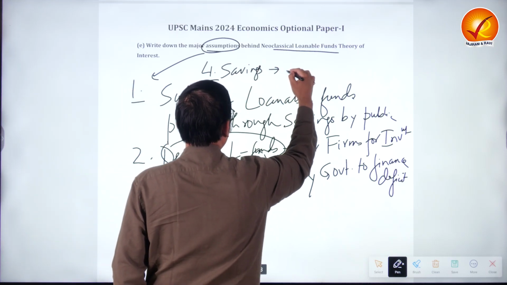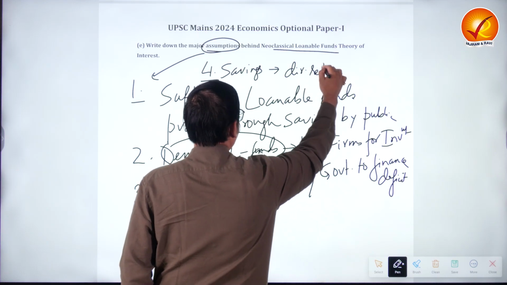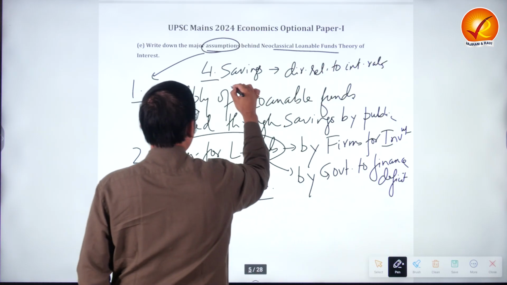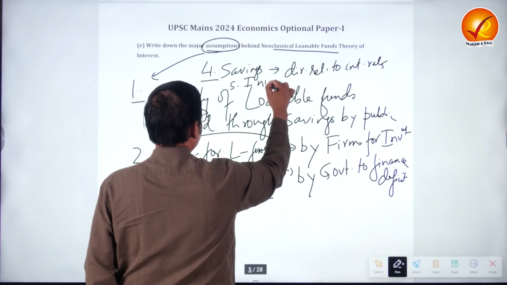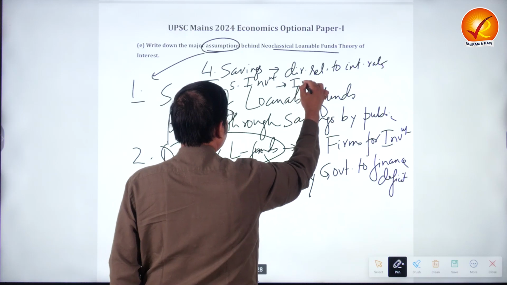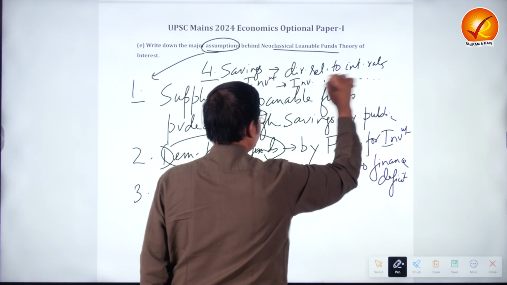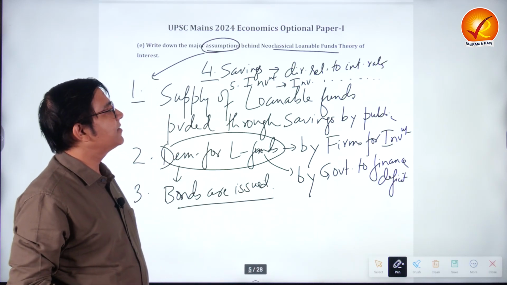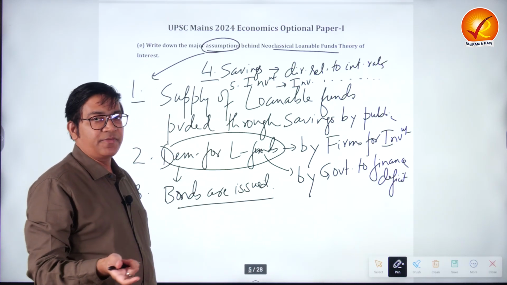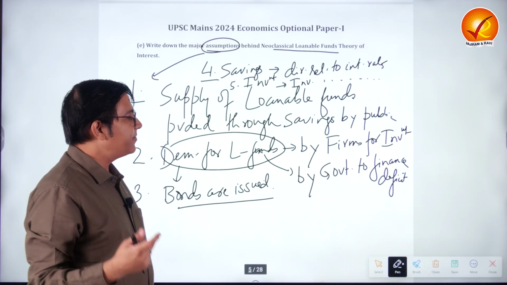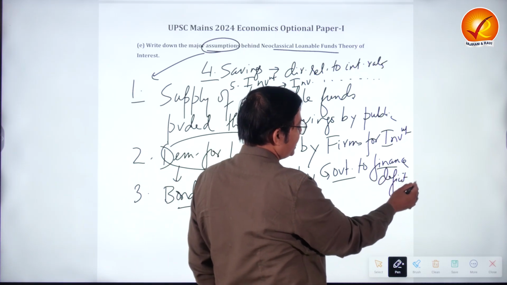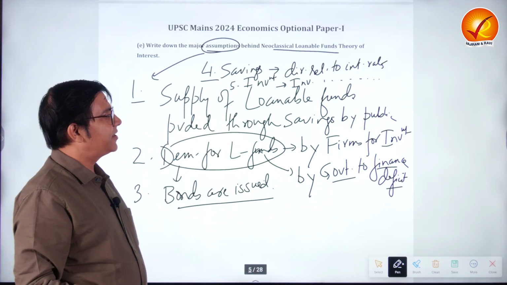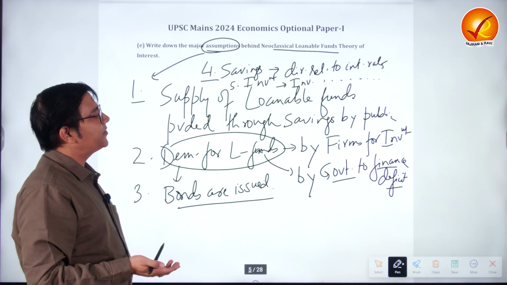Like you can talk about that savings are directly related to the interest rates. Investments are inversely related to the interest rate, and the government borrowing, according to the neoclassical theory, is independent of interest rate. Okay, because government will have to borrow no matter what is the interest rate if they are in deficit. The question is not asking to discuss the theory, but still if you have some space left,